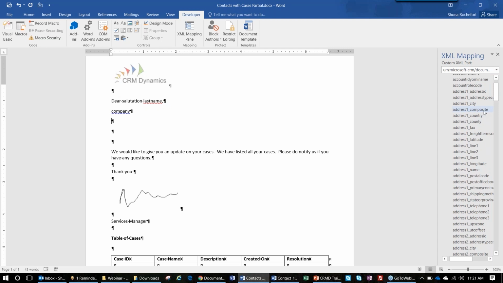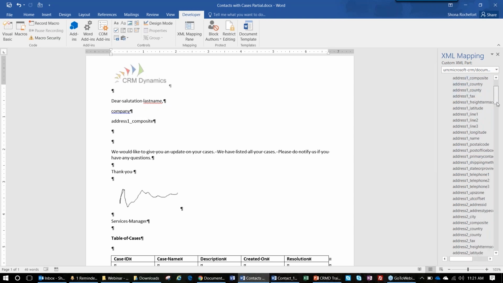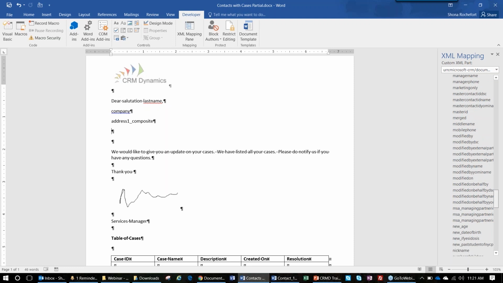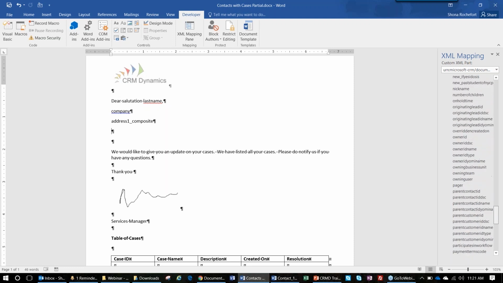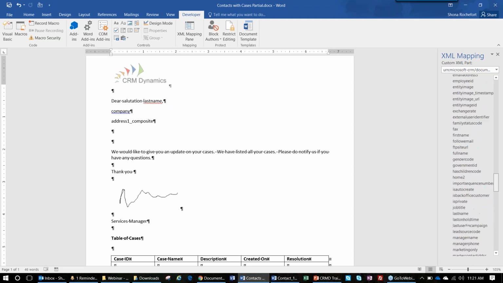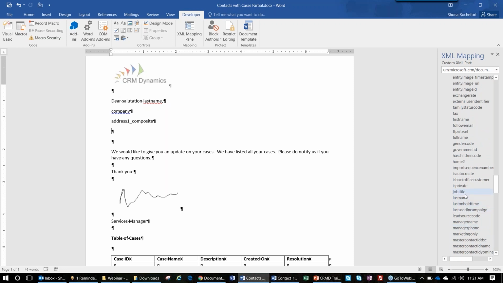So I have my company in. Now I'm going to enter my address. Remember that Microsoft has this great way of doing the composite address, so you don't need to add all the separate lines. That will also get rid of all the spaces for you because it's a composite one. So I'm going to right mouse click on this, insert by hovering over here, put in my plain text, and now I have my address as one composite. And then the last one I'm going to do here